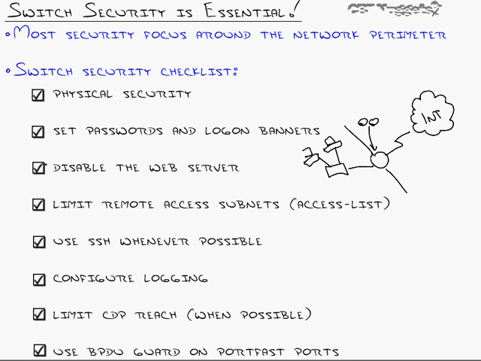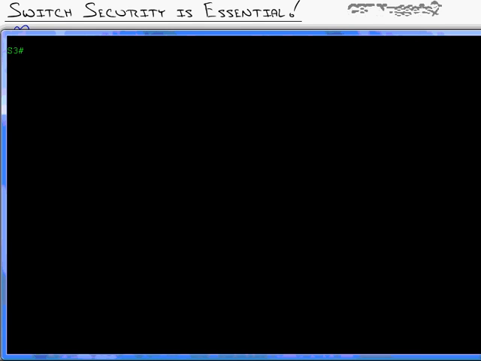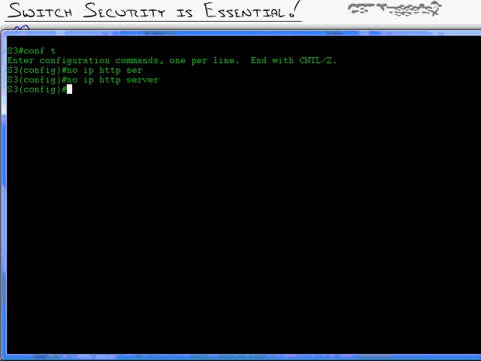Third is disable the web server. On older IOS versions, the web server feature is enabled by default, and even on some of the newer versions. To disable it, go into global config mode and type in no ip http server. That shuts it off. You can also type in no ip http secure